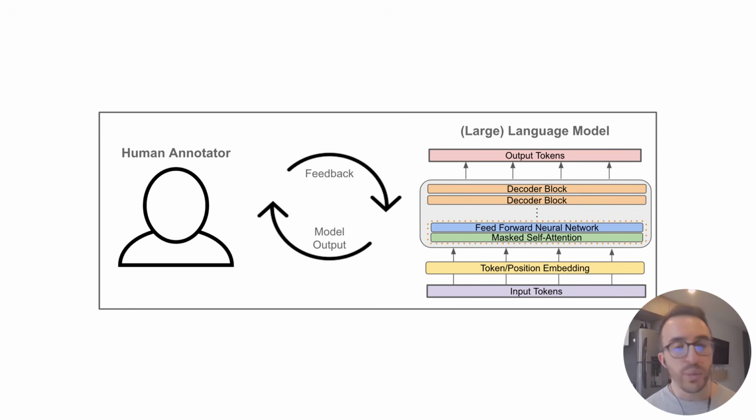Now, one of the things that OpenAI did to make ChatGPT quite helpful and go beyond just predicting the most likely next word is they did something called reinforcement learning with human feedback. Once they had this next word predictor working pretty well, they asked it some questions, got it to generate answers, and then human annotators would say, hey, that was a good response, or hey, that was a bad response. And then the weights of the neural network would be updated to promote good answers and demote bad answers, so that the neural network would continue to learn to give good answers. And this had a big impact, and it's part of what made ChatGPT possible.